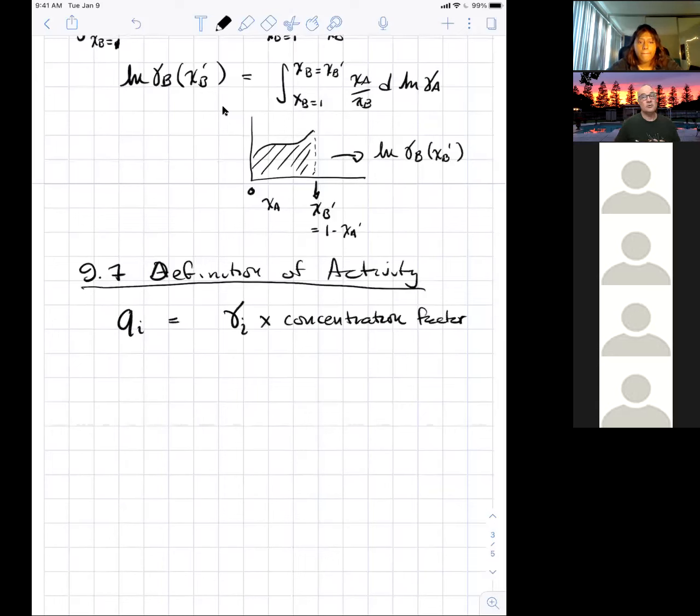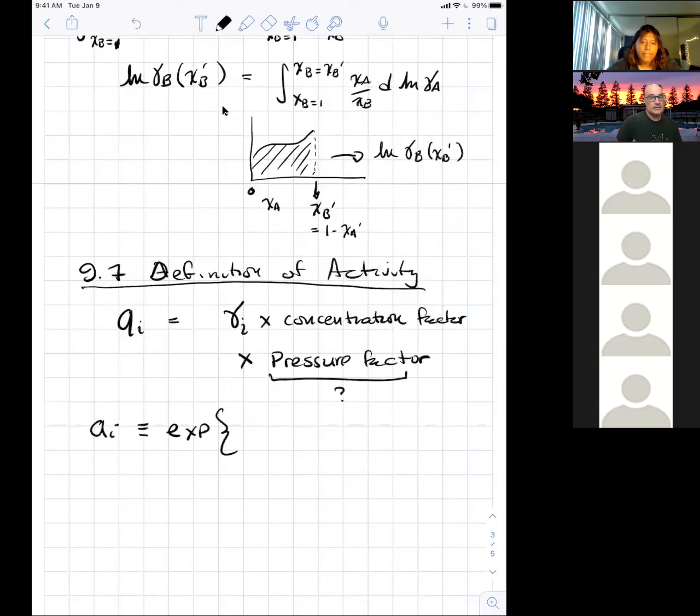Remember, we saw the fugacity was some activity coefficient, the phi or the gamma, times the concentration factor times a pressure factor, which we haven't talked about, right? So this is going to account for everything that we've talked about. Here's how we define the activity rigorously,